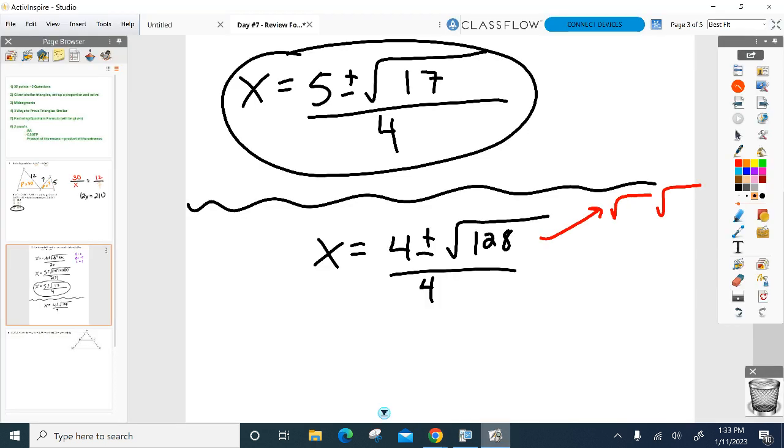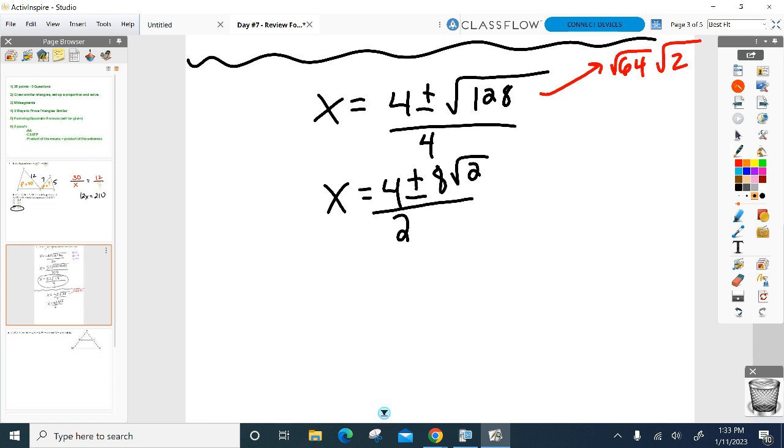Biggest perfect square? 64. Times? 2. 2, good. So now I go back to quadratic formula. I replace the square root of 128 with 8 radical 2 over 2. The radical is simplified, but the fraction's not simplified. This is when we break it up into 2 parts now, right? 4 over 2 and 8 radical 2 over 2. So you can get a final answer of